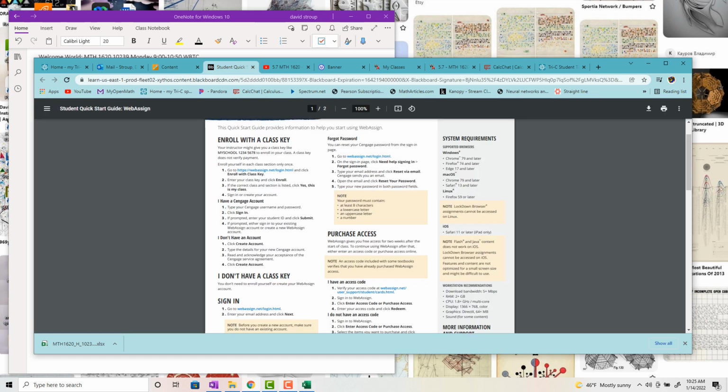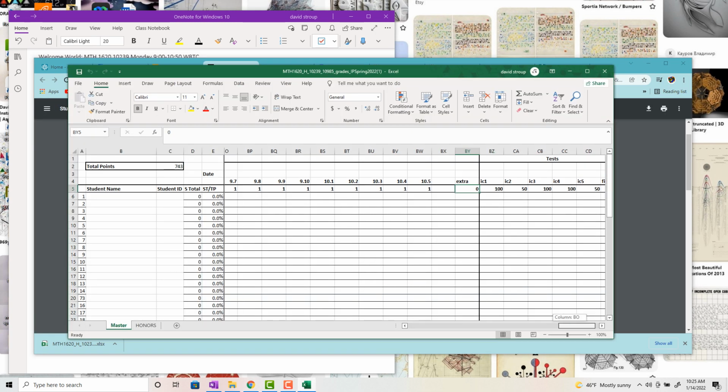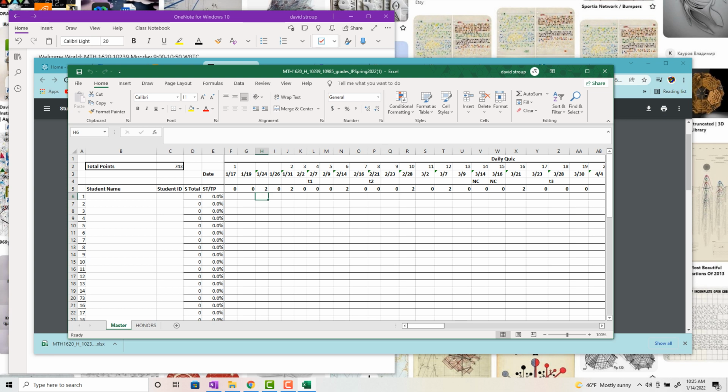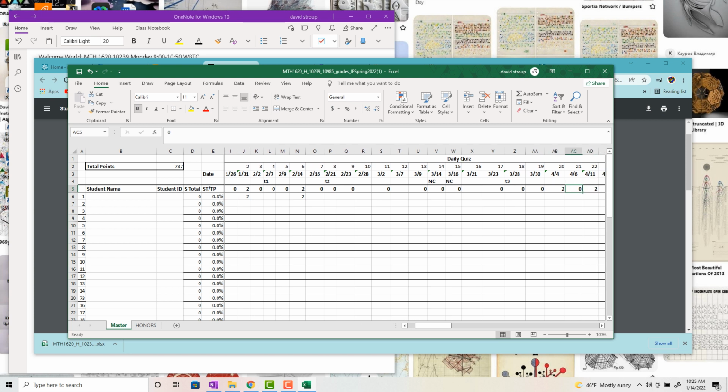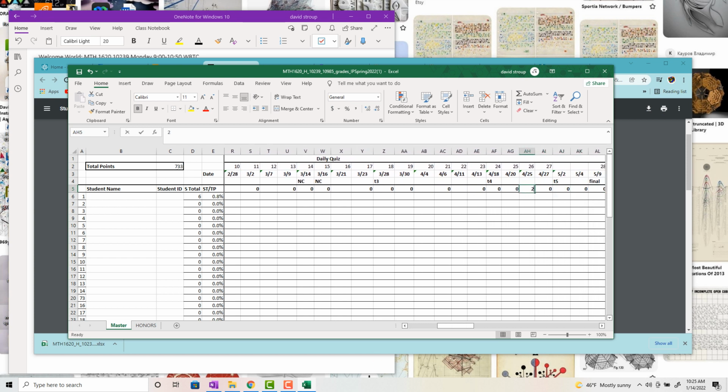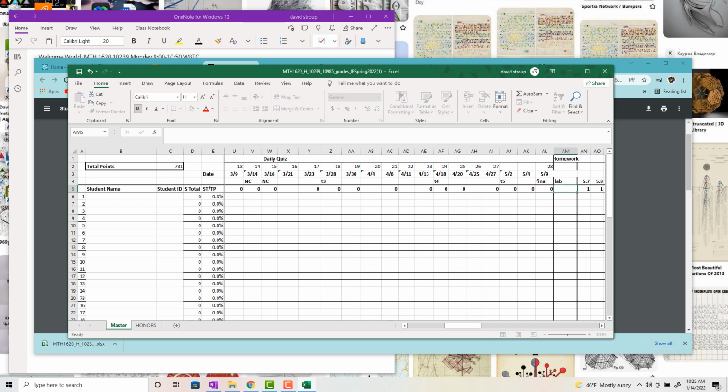Anyways, you can put your grades in here. So for example, let's say I got the first quiz, the second quiz, the third quiz, and I want to see what my grade is after that. You could go through and delete all these or put zeros in there, and you can see it automatically evaluates your grade.